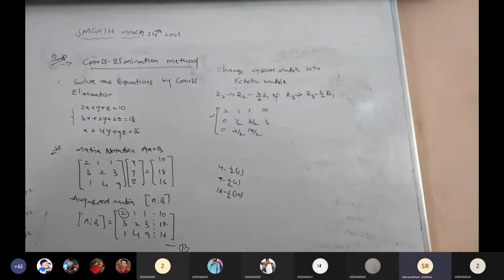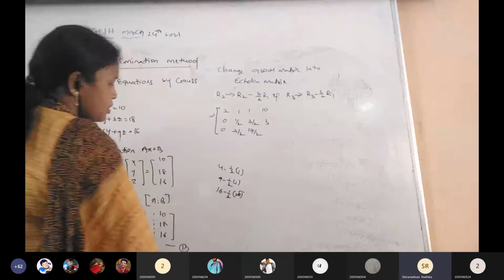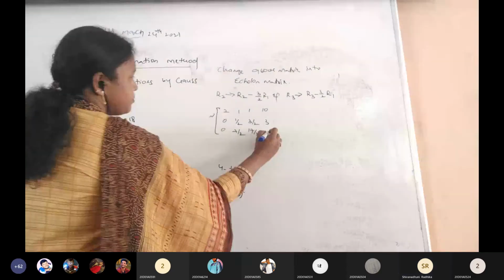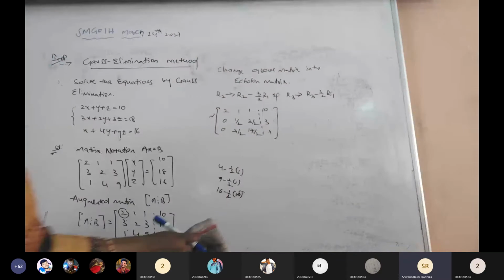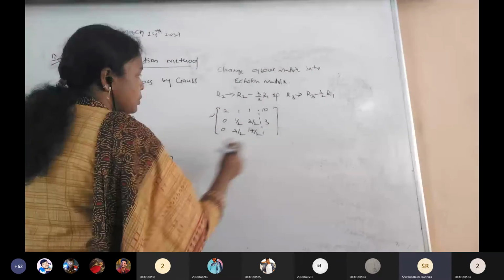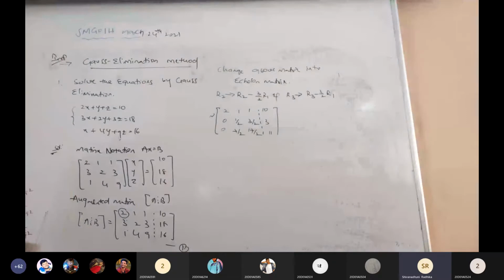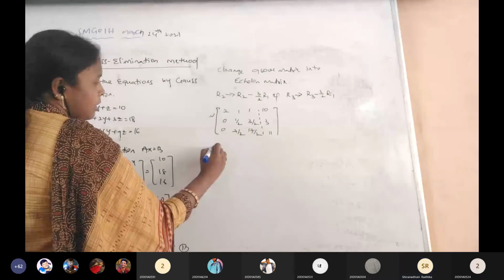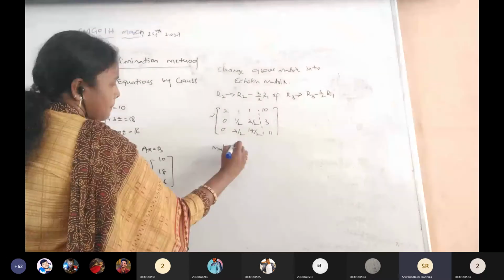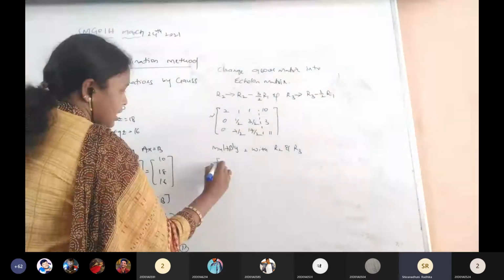Right. 2 5s are, so 11. Completed. So that is 11. Now, see, we have the 2 rows are the fractions are there. R2 row, R3 row, we have the 1 by 2 is there. Simply multiply 2 with R2 and R3. Then what we get? Only numerator part is there by the cancellation of 2 for the simple calculation.